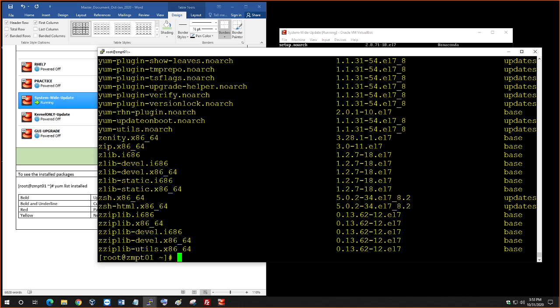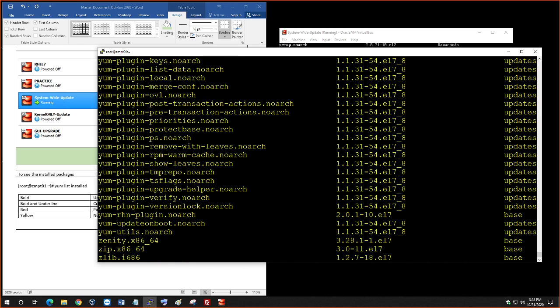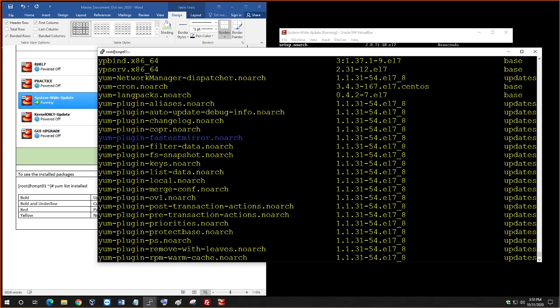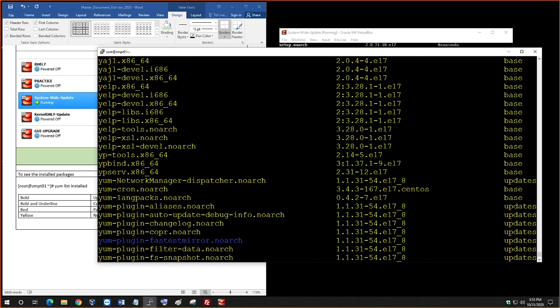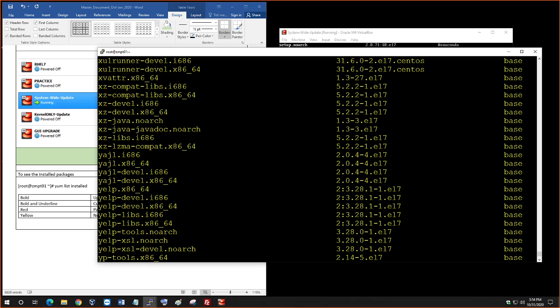Okay, so let's see here. Okay, if something is in blue, that means the update is available for this package, okay? If it's in blue. And if it's in red,